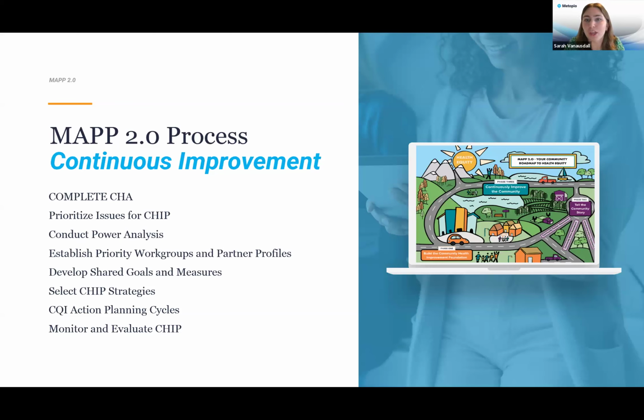As I work with public health and healthcare clients every day, leveraging Metopio in the MAP 2.0 process, we're able to get more granular data and incorporate more qualitative data so we can get to the root cause of poor health outcomes. For the CHIP module, we're able to do 3 things.